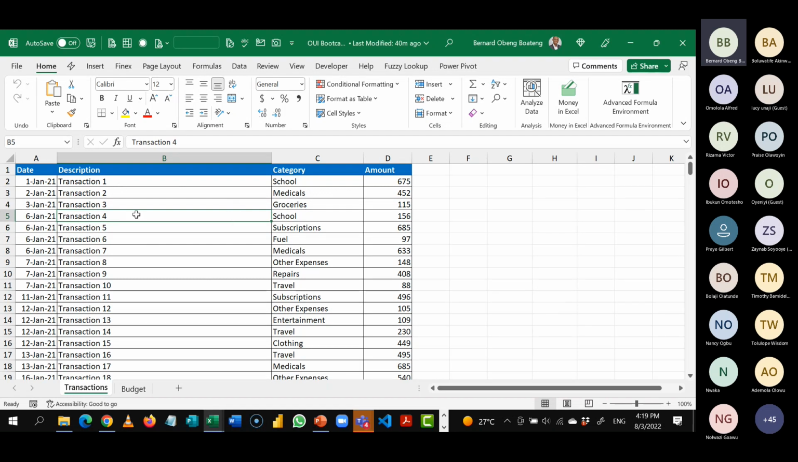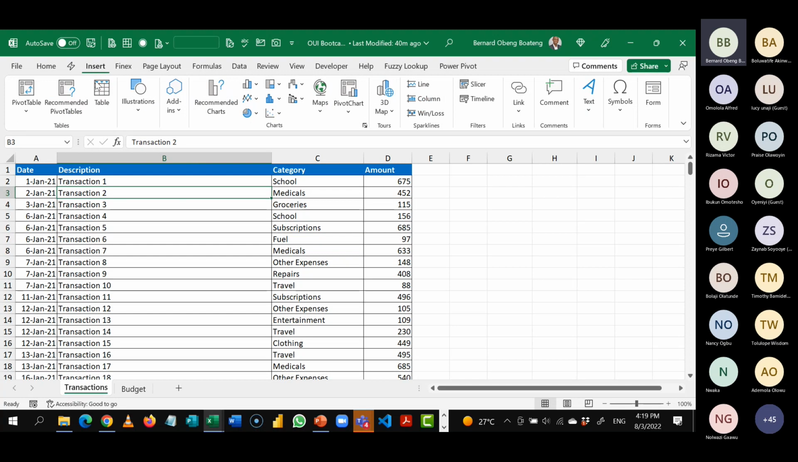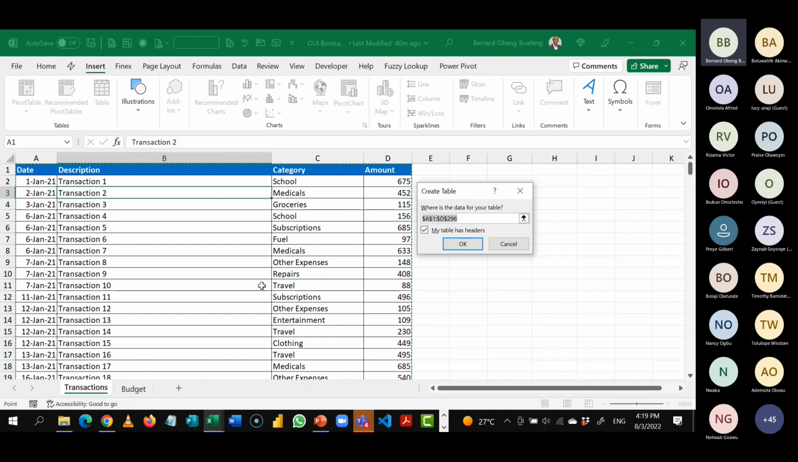To insert a table, you can stand anywhere, especially when it's a data block. Then you go to Insert and you can insert a table here. As you can see, tables help us organize and analyze related data. So I'm going to insert a table on this. It highlights the area for my data. I confirm that I have headers. This is very important because it's going to separate